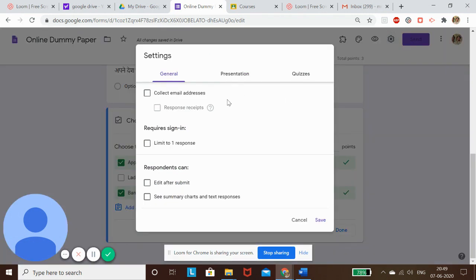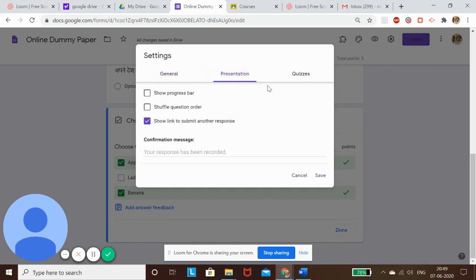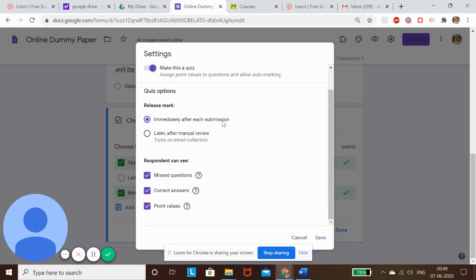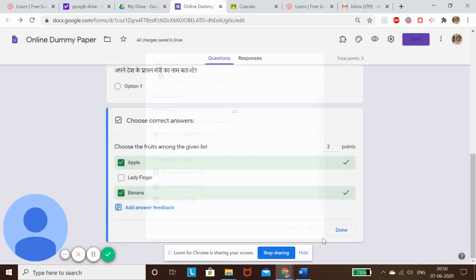Go to the settings and maybe go to the options, and it is saying here, immediately after each submission, you want to release the marks or not. So you never release the marks immediately after each submission. You first of all manually review the paper, check the answers where you can manually partially give the marks to such questions, where you want to apply your own rule for the marking.